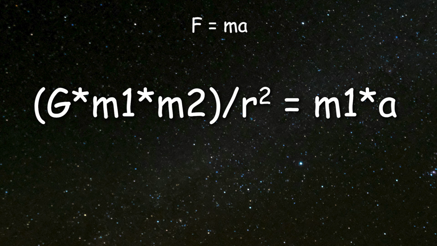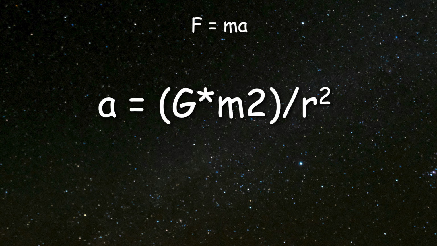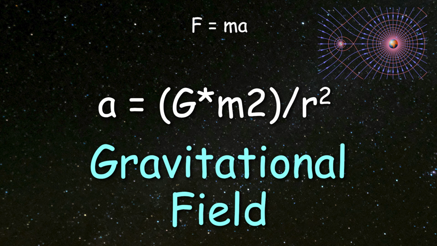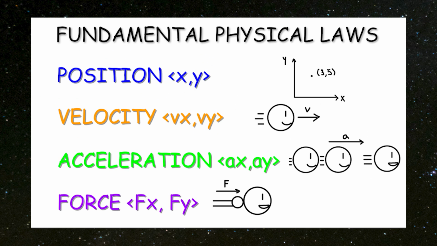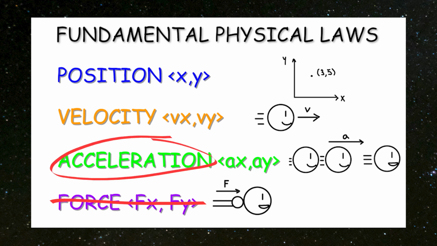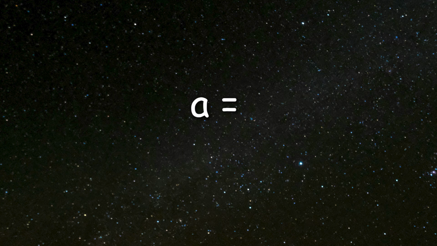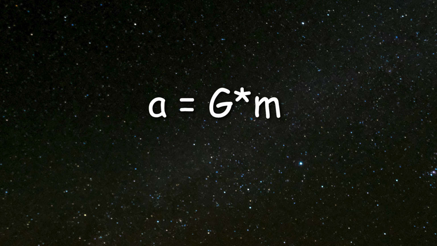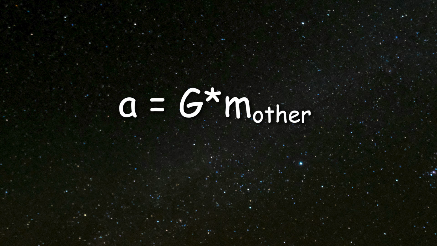With some simple algebra, we realize that we can actually just cancel m1 on both sides, leaving a equals g times m2 over r squared. This is also known as a gravitational field. Therefore, we can just completely cut out our use of the gravitational force and directly deal with acceleration. In other words, acceleration equals g times the mass of the other body that's affecting us divided by r